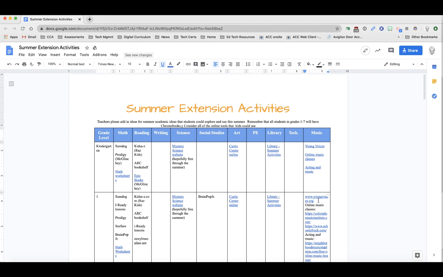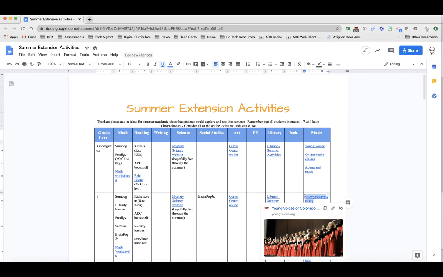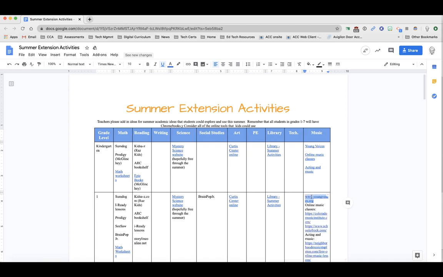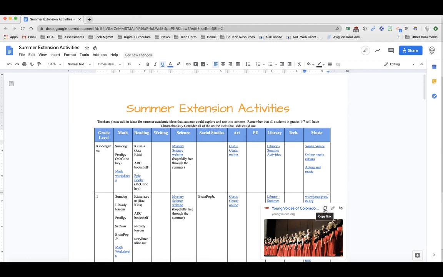So to fix these, if you have already gone in and entered your URLs, we would really appreciate it if you could go back and fix them to text. So one easy way to do that is to highlight it or click it and click the copy link. You can either click the pencil